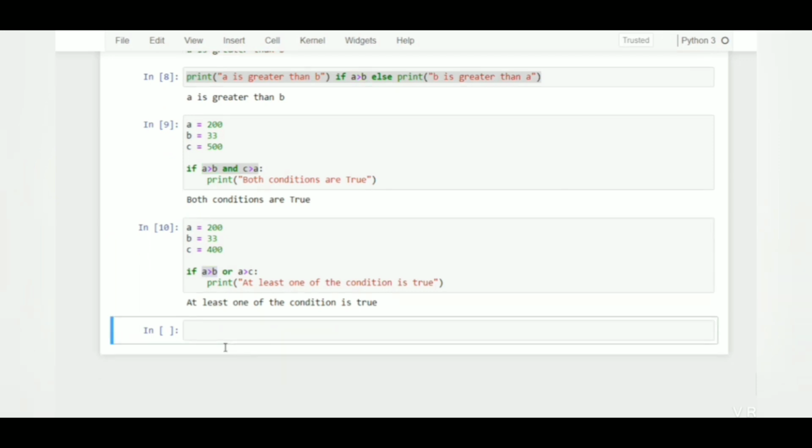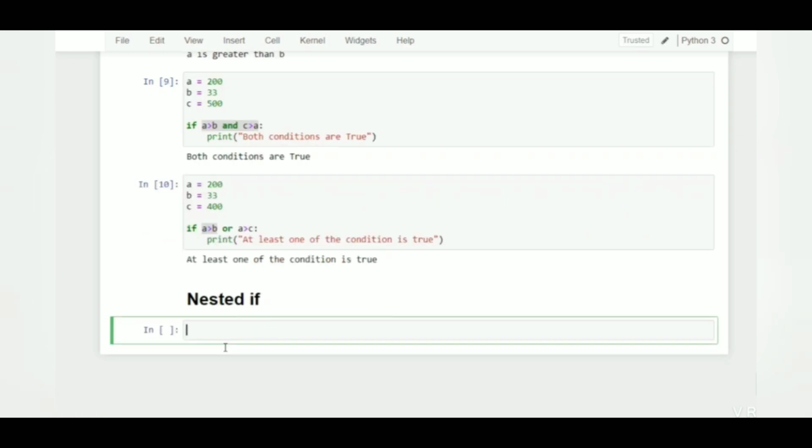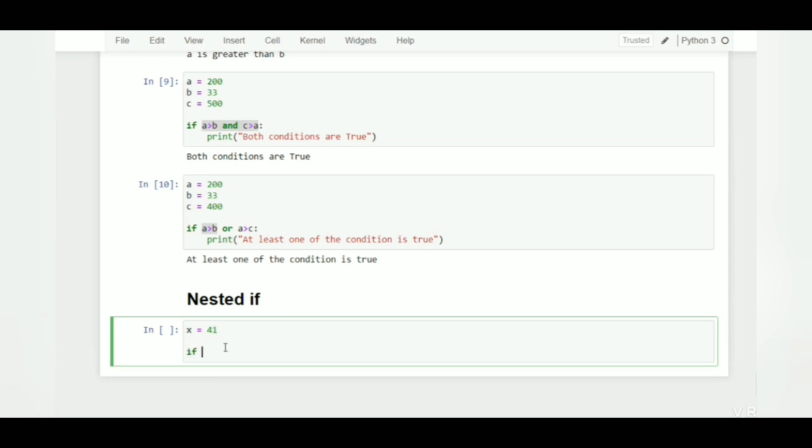You can also have nested if conditions. That means an if statement inside another if statement. So I will give a heading nested if, and I will say x as 42 and I will check x is greater than 10 or not.